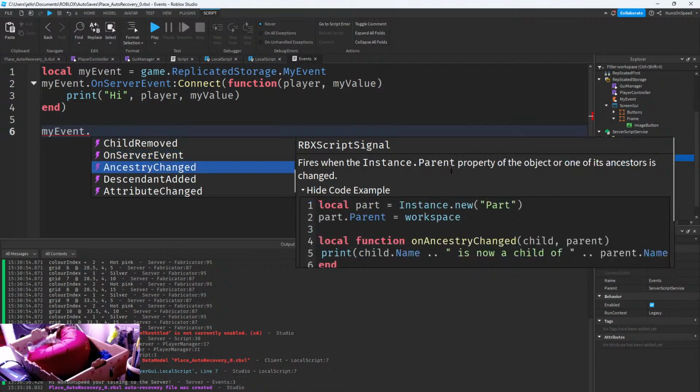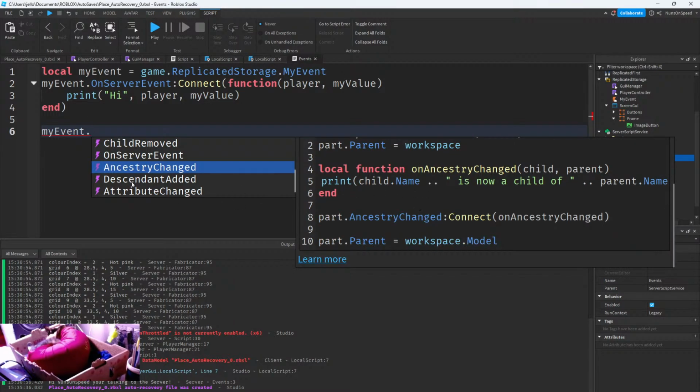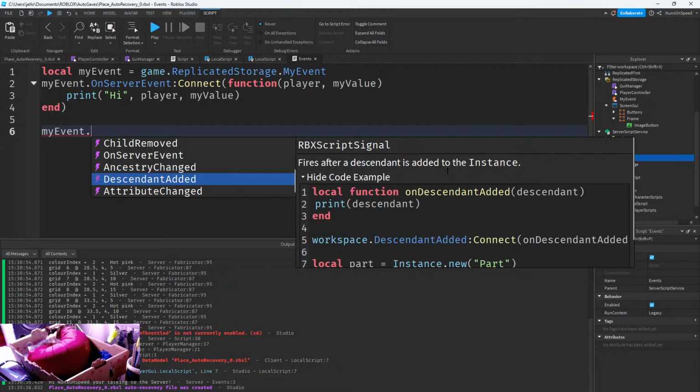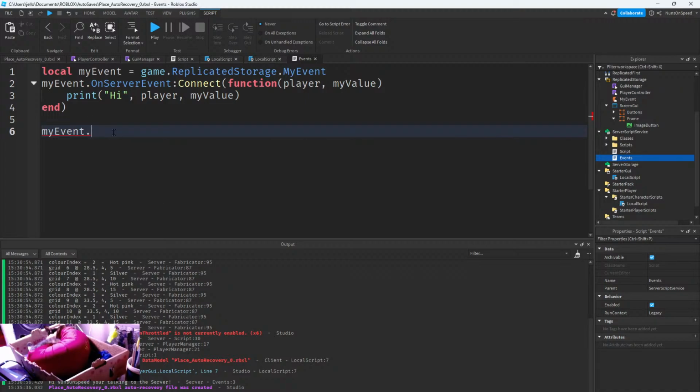Ancestry change fires when the parent property of an instance is changed. I don't know why they would do that, but it fires when a descendant is added. Fires when an attribute is changed. Descendant removing fires immediately before a descendant of the instance is removed. Okay, well,